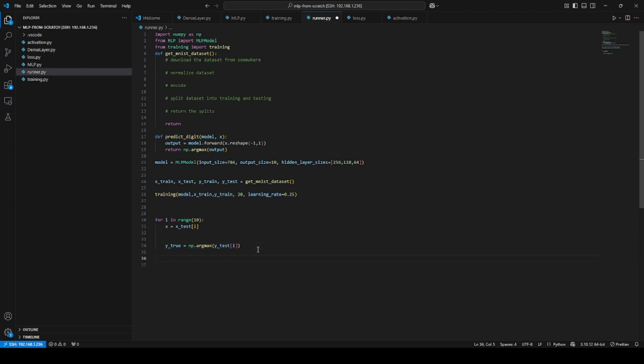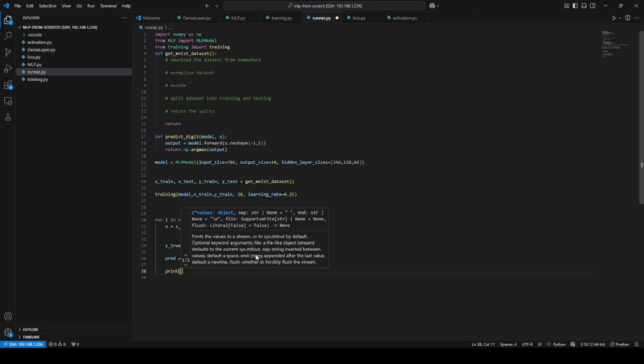And so now what we're going to do is actually predict. We're going to say our prediction is equal to predict digit, and we're going to pass in our model. And then we pass in our x, which remember was this right here. And then we should have a prediction now where we can say, okay, let's print the